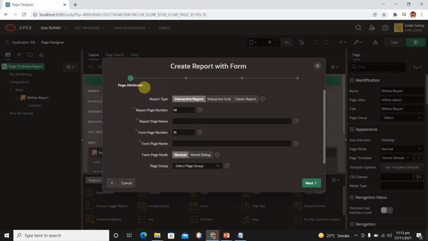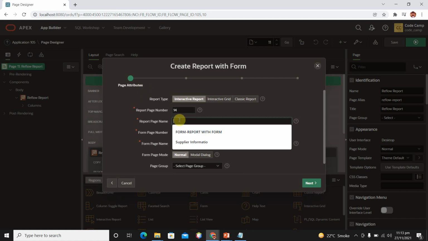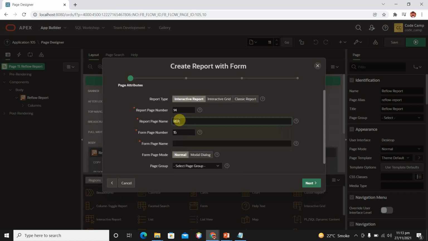The page number of the report is 14, and the name of the report page is report with form, and the form page name is employees information. Okay, here we have a report type. Which type of report do you want to create?